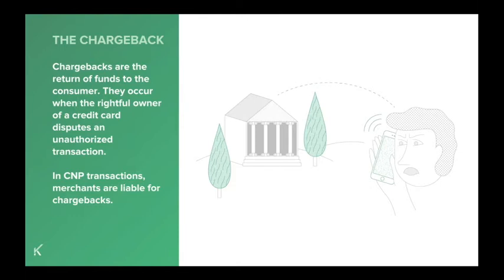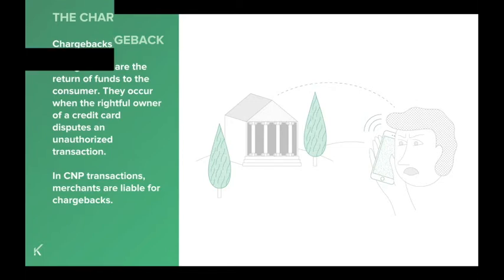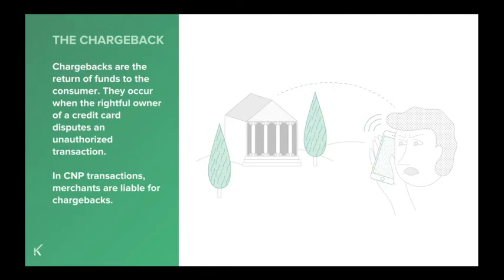Once a chargeback is initiated, the funds are withdrawn from your merchant account along with any fees, and we'll talk about those in a second, and sent to the cardholder's issuing bank. Unfortunately, this whole process can take weeks, even months, long after the good has been shipped. So your business is now out the product that you shipped, the revenue you received, and any additional fees associated with the chargeback.